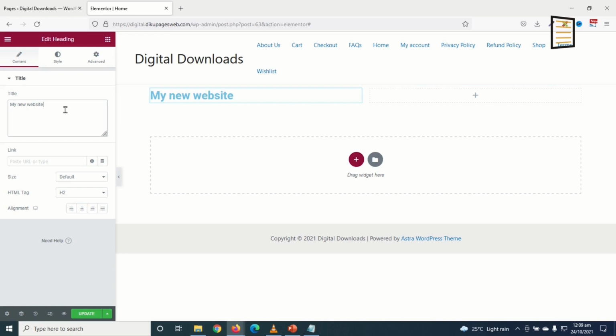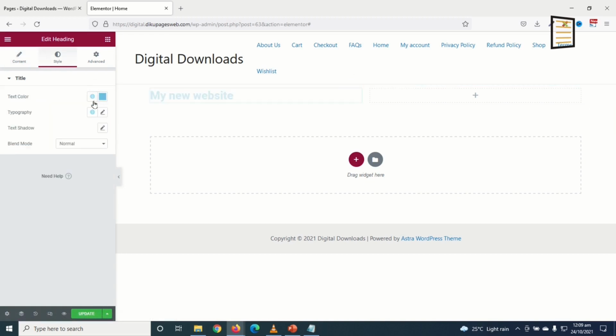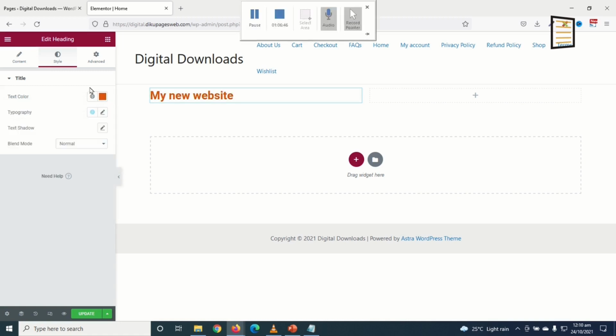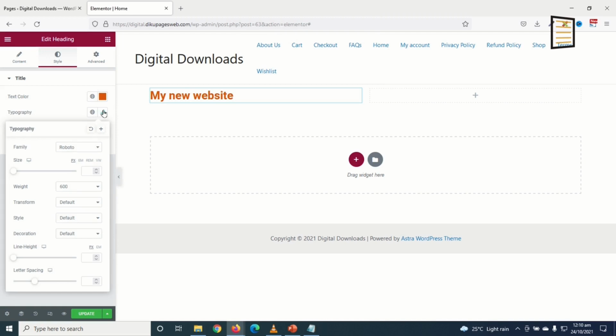If I want to change the color, I go over to style, and under text color, I click on color, and I can choose whatever color I want from here. I can also change the typography by clicking on the pencil icon. By default it is set to Roboto. I drop down the arrow and I can choose whatever font I want from here. All these fonts are Google fonts and they are all free. So if I need this, I'll just go ahead and click on it and it will take effect immediately.